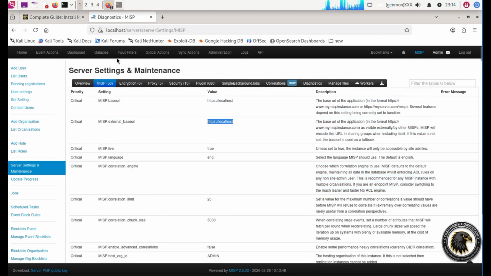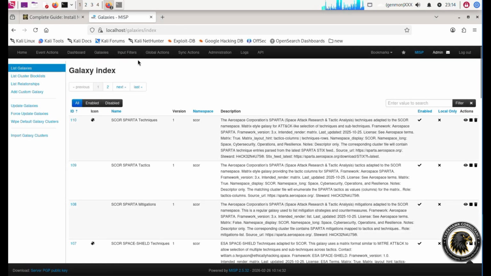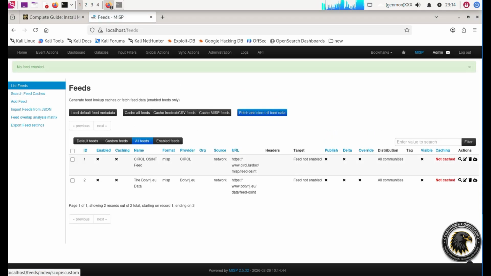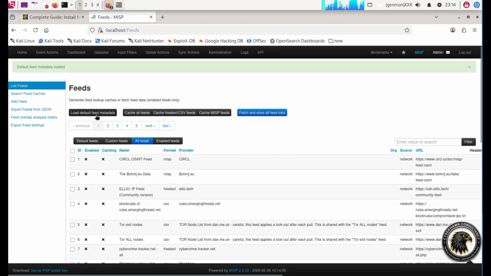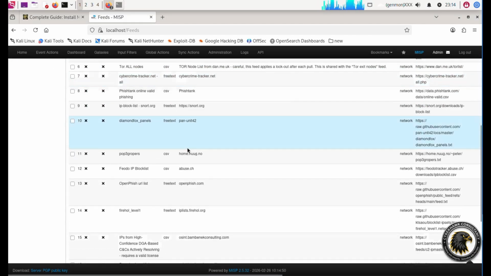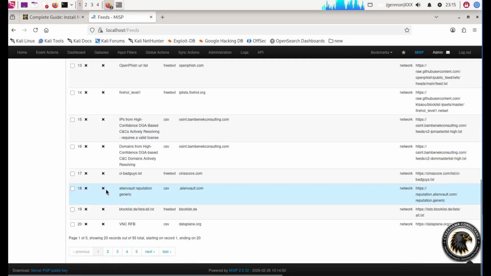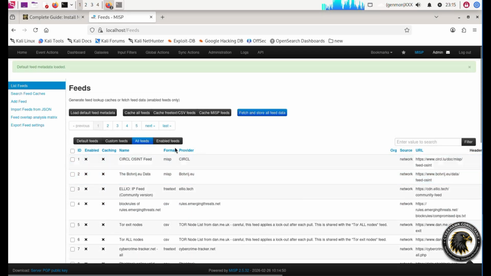I'm just going to quickly show you how you're going to add the feed, right? So basically this is the real stuff. If you go to the sync actions and go to the feed, and if you click on fetch all feed, right, and then load default feeds over here, these are all the default feeds that normally come with MISP. Right now over here you can see that I'm not caching any of these. That's all crosses. So if I want to cache any of those feeds, for example, if I search for